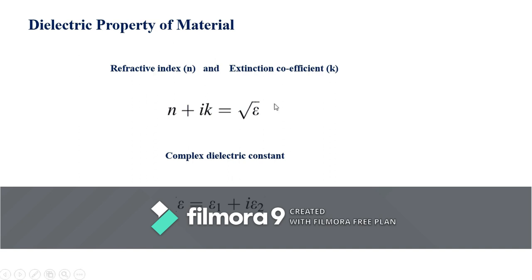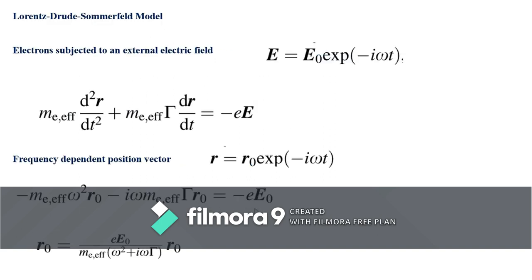Again, this dielectric constant is frequency dependent, as already mentioned, and it is complex in nature, so that it can be separated into two parts. One is the real component epsilon 1, and the second one, epsilon 2, is the imaginary component, and both epsilon 1 and epsilon 2 depend on the frequency of the applied field. So we want to understand this frequency dependence of the dielectric constant. The very common proposed classical model is the Lorentz, Drude and Sommerfeld model,